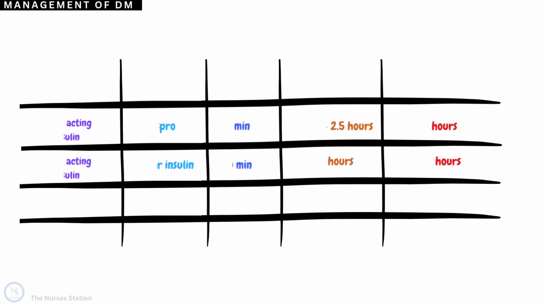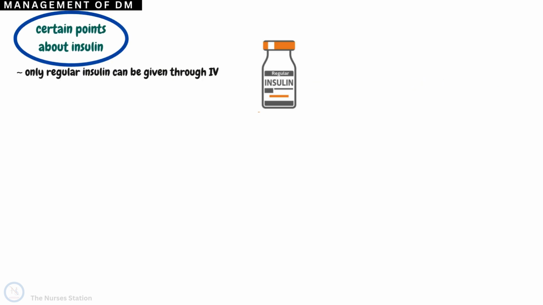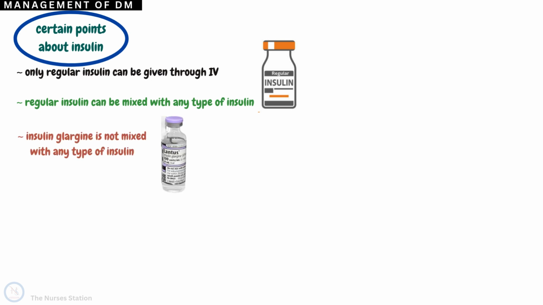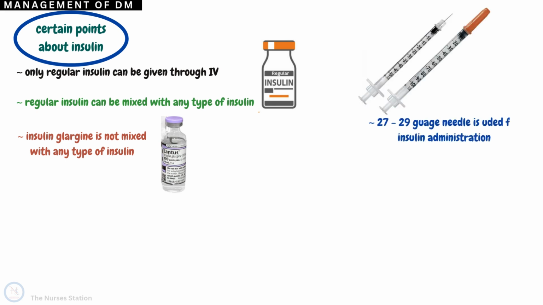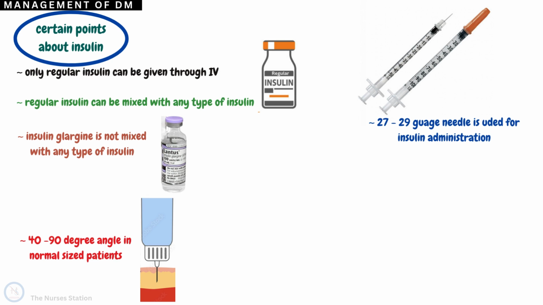Only regular insulin can be given through intravenous mode and therefore can be used in emergency situations. Regular insulin can be mixed with any type of insulin. Insulin glargine is not mixed with any other type of insulin as its pH may get altered. A 27 to 29 gauge needle is used for insulin injection. The insulin is administered subcutaneously at 45 to 90 degrees angle in normal-sized clients and 45 to 60 degrees angle